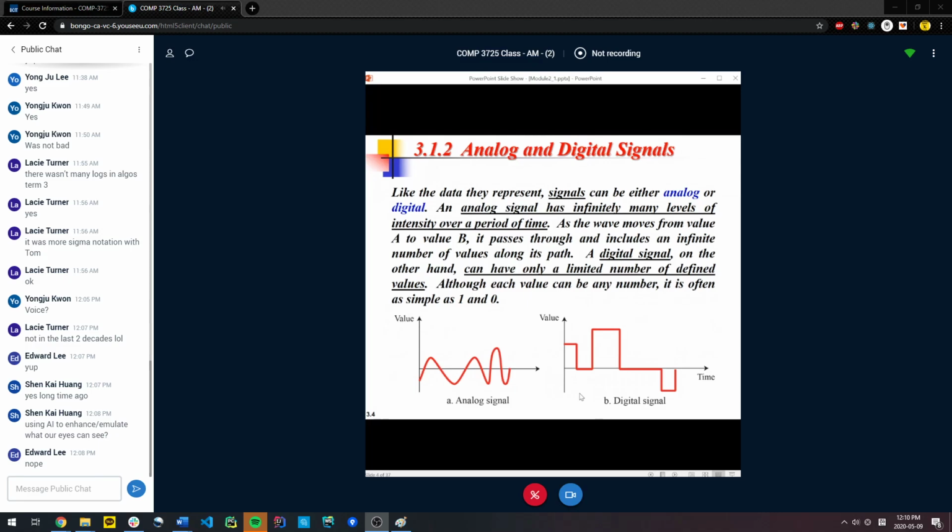If you have discrete steps, as shown here in the B diagram, obviously these vertical lines don't really exist. What we care about are these levels. Level 1 here, level 2 here, level 3 here, level 4 here. The horizontal lines are just visual for you to see the change in discrete values. That's digital. So anything that's smooth and continuous, that's analog. Anything that is discretized, that's digital.